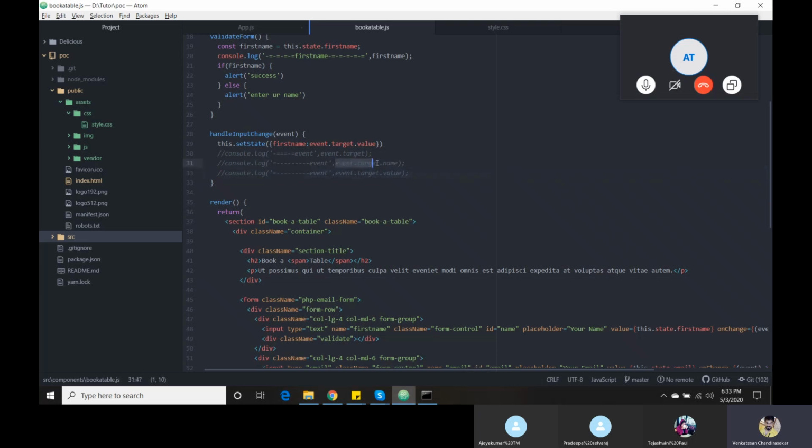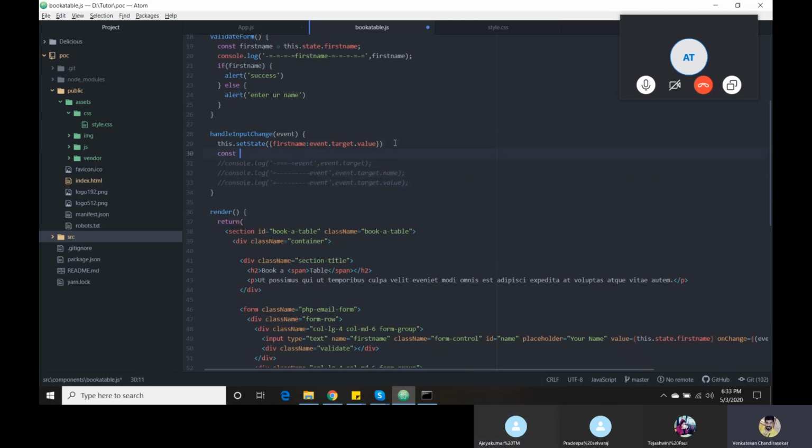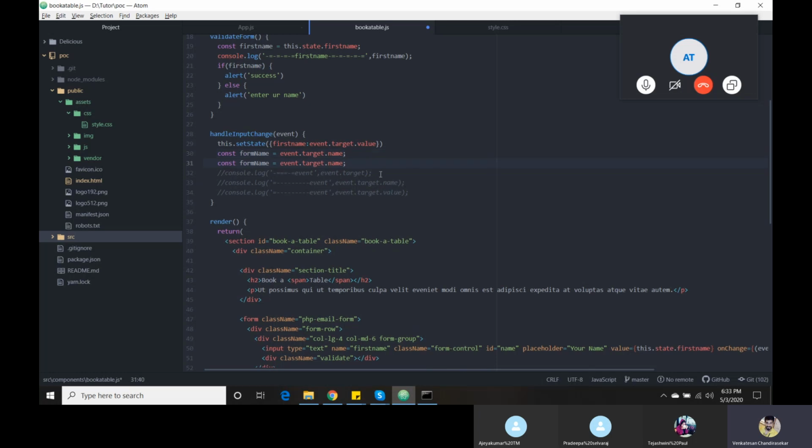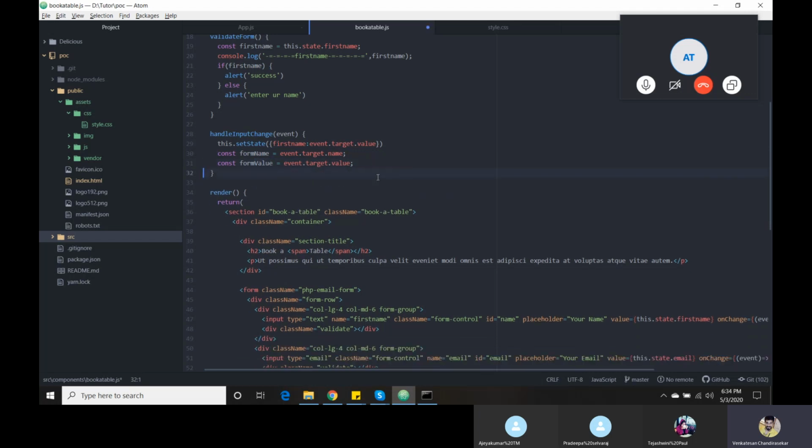For that reason, I am going to assign two more variables here. const formName equal to first name, then formValue. The reason I will tell you: initially it will only change the first name.